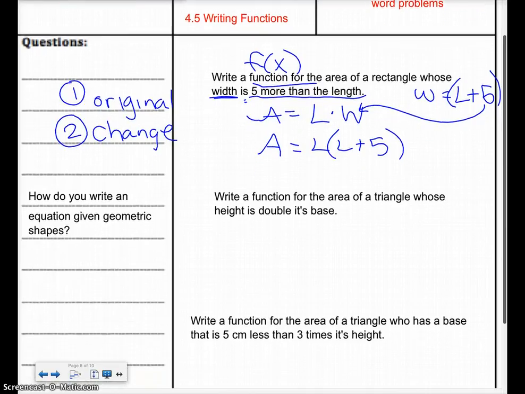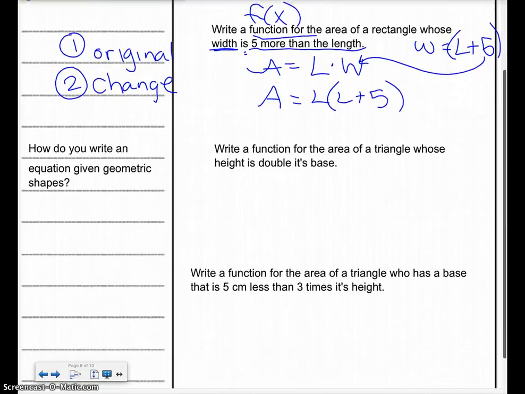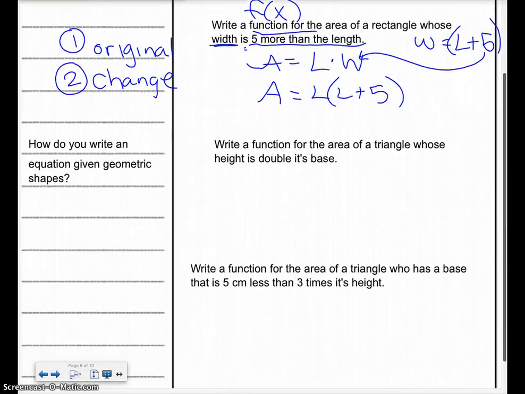Write a function for the area of a triangle whose height is double its base. First, original. Area of a triangle is equal to, there are so many ways to write it, I'm going to say base times height divided by 2. Is that okay? You guys kind of all on